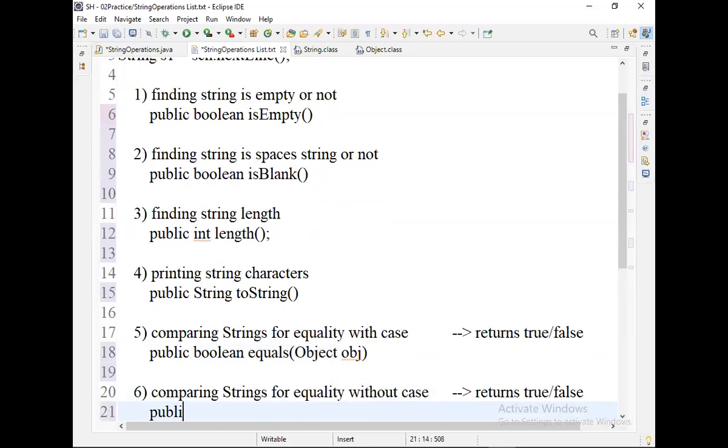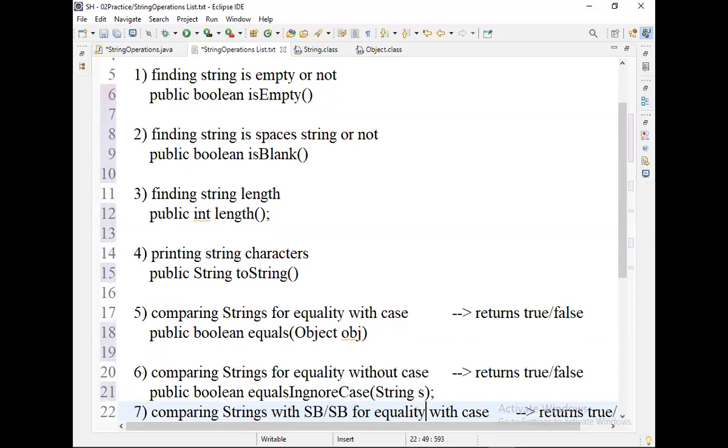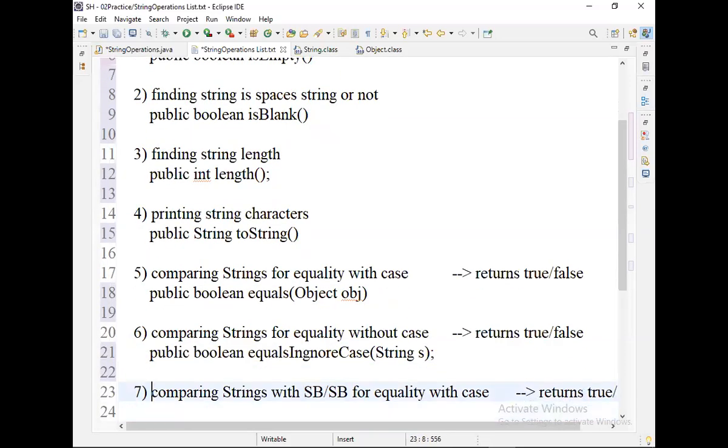Public boolean equalsIgnoreCase of what parameter? String, because it belongs to the String class method. The parameter is String.